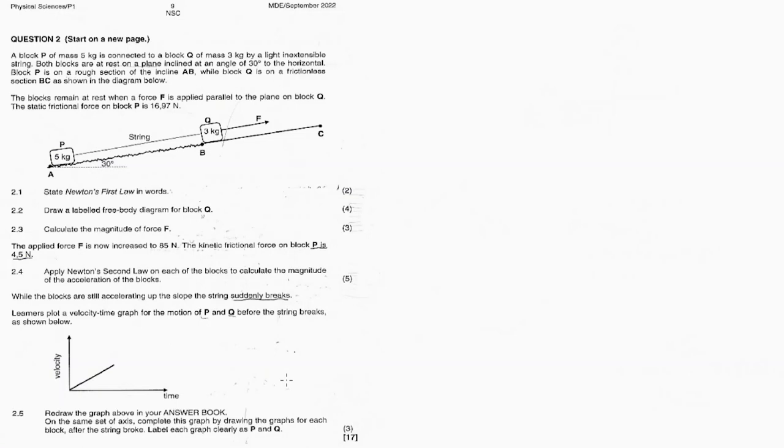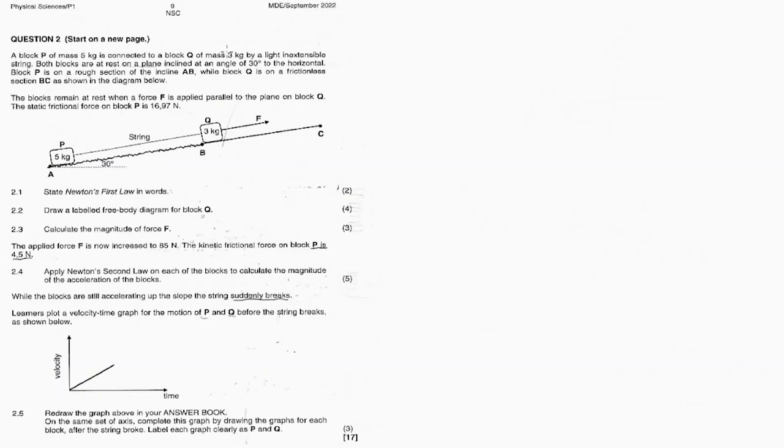Now question 2 talks about Newton's laws. Here we have 2 objects, P and Q. Both objects are sitting on top of an inclined plane, and there's a force applied between the 2 objects. There's a string. The inclined angle is 30 degrees, right? And then the blocks remain at rest when a force F is applied parallel to the plane on block Q. The static frictional force on block P is